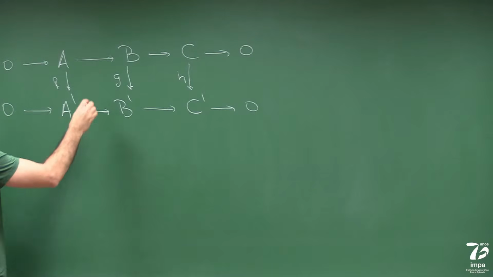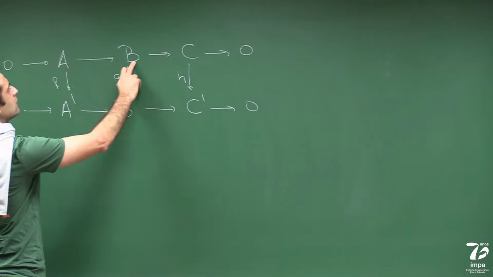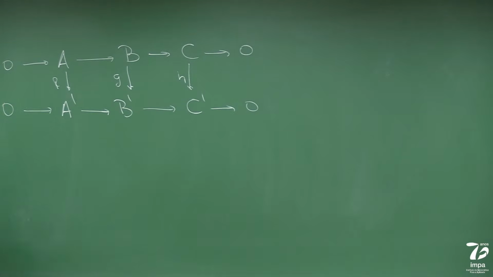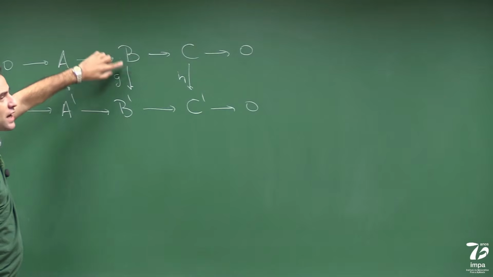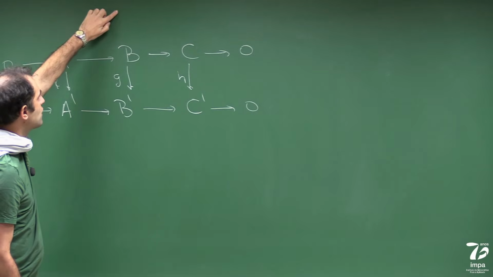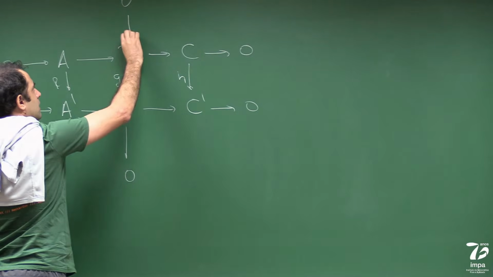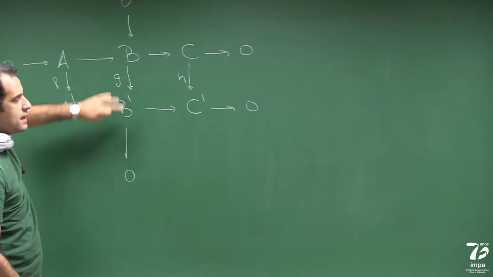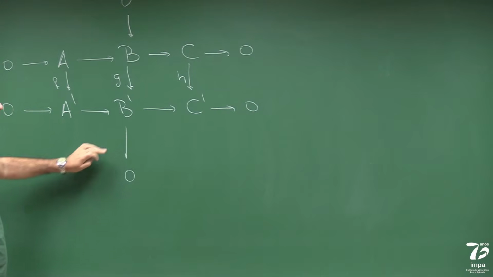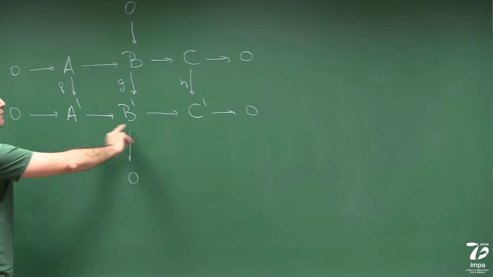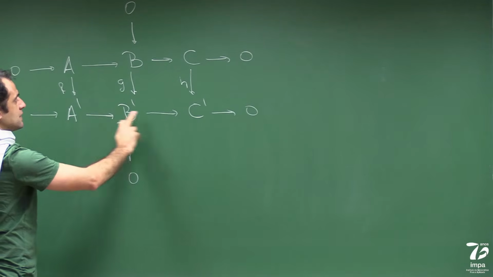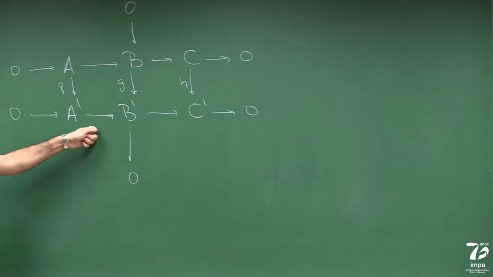a double complex. So the horizontal guys have my differentials, and the fact that this commutes is going to lead me to a double complex. And I don't need to check anything about vertical arrows, because of course here I'm going to put 0, here I'm going to put 0. And the composition of any 2 arrows here is of course 0. Okay? So for the horizontal one I needed to require something, and indeed the composition of this with this is 0. That was part of the exactness of each arrow.